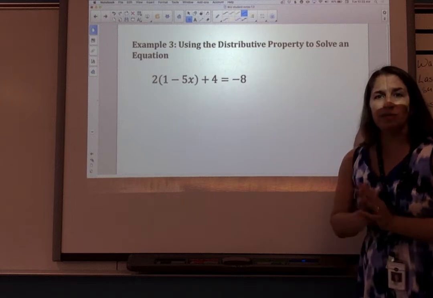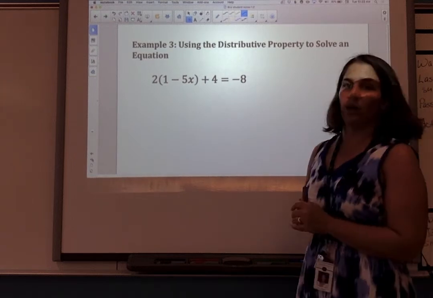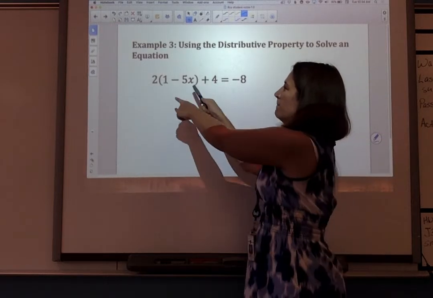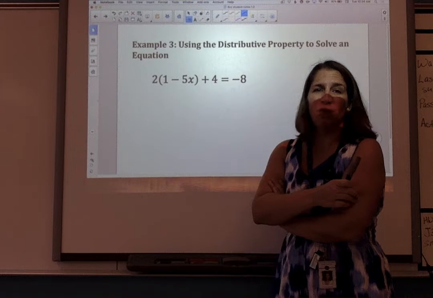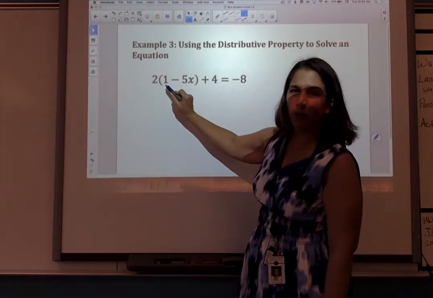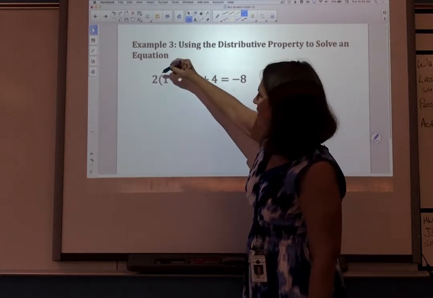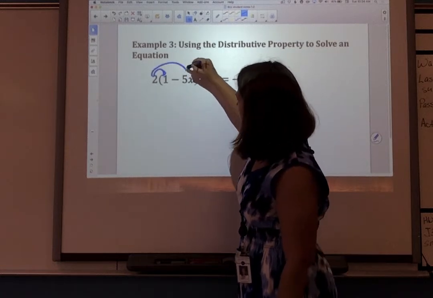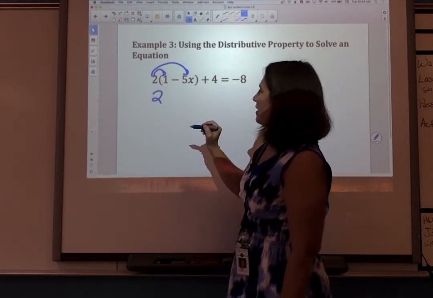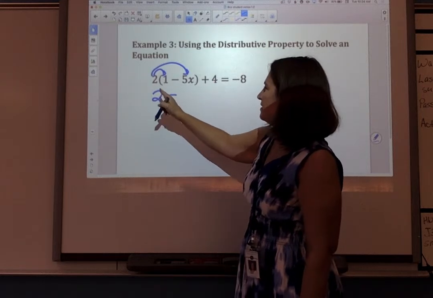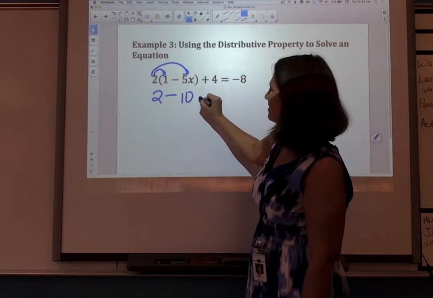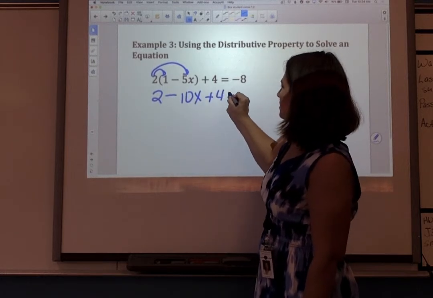Okay, example 3 is using the distributive property to solve an equation. So remember, the distributive property is when we're multiplying by an expression that involves addition or subtraction. So we need to multiply the 2 times both the 1 and the negative 5x. So we're going to multiply that 2. So 2 times 1 is 2. And then I can say minus 2 times 5x is 10x. So 2 minus 10x plus 4